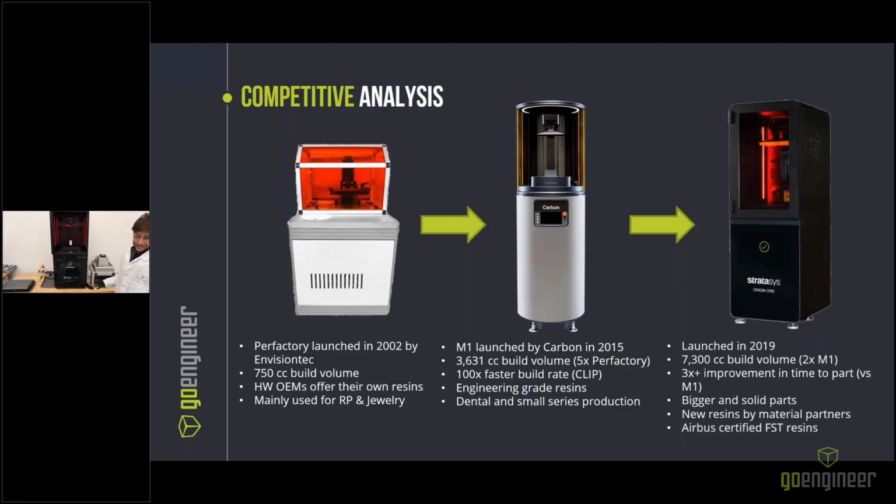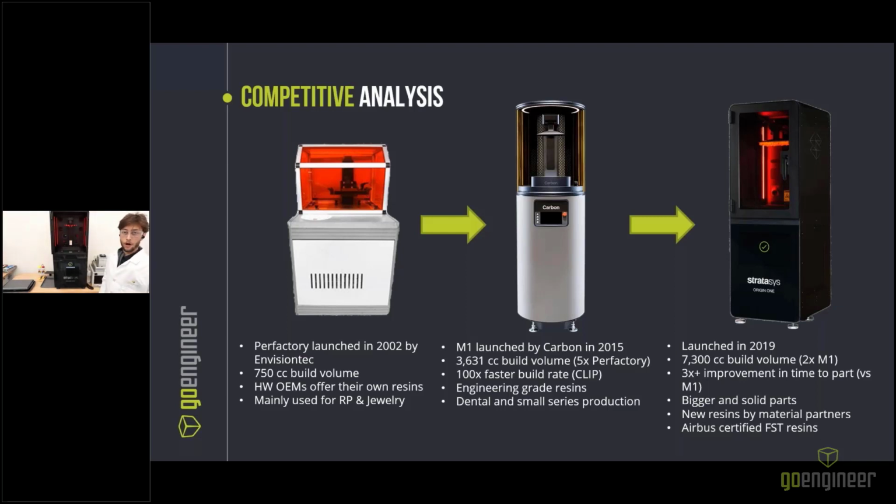And then in 2019, the Origin 1 was released. This machine has a 7,300 cc build envelope and prints up to 3 times faster. Well, you have a 3 times faster time to part than the Carbon M1. And I say this because of the thermal cure